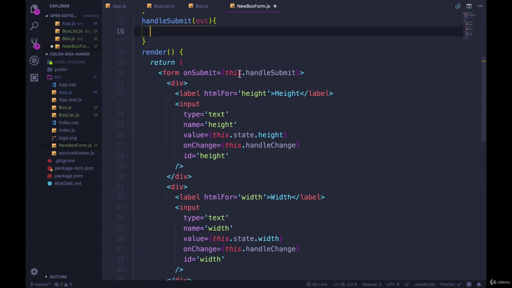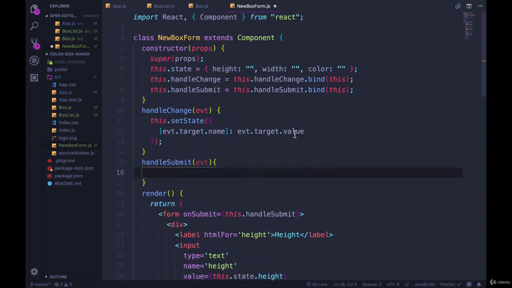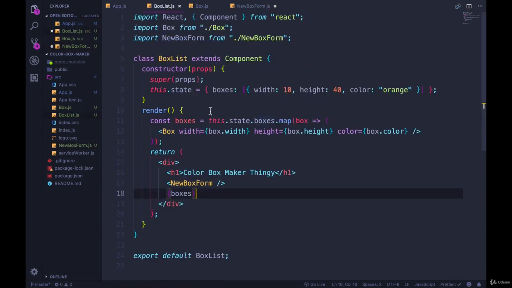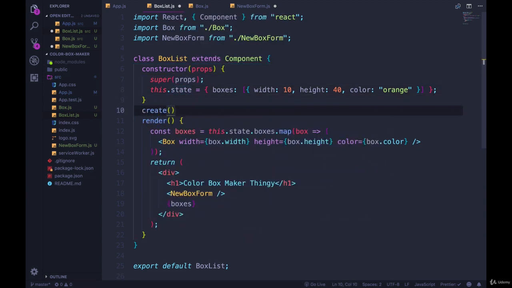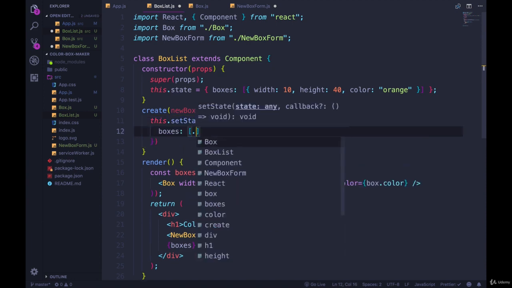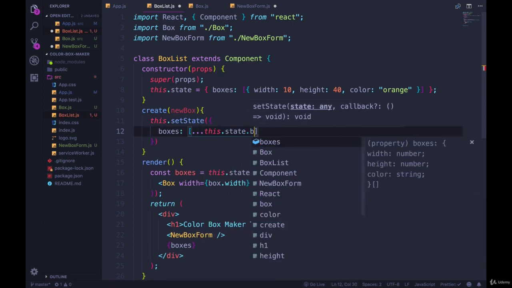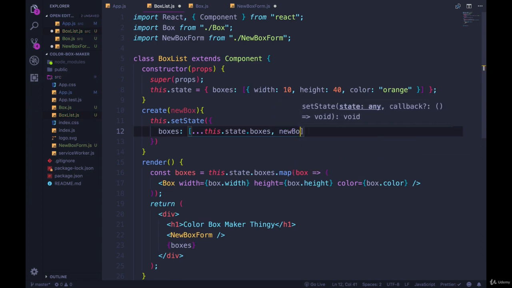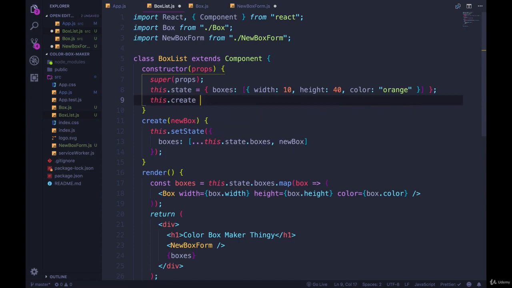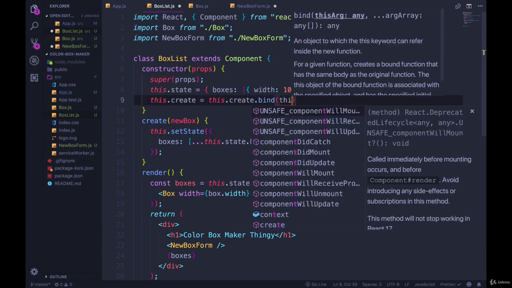So handleSubmit is going to need to take the data from our form that's currently in the form state and pass it up to our BoxList and call some method in here that will take that data and add it into state, calling setState. So up in our BoxList, let's make a method called create that takes a new box, and then we'll call this.setState, and we're going to set boxes to be the existing boxes plus the new box. And while we're here, we need to make sure to bind this.create = this.create.bind(this), and then